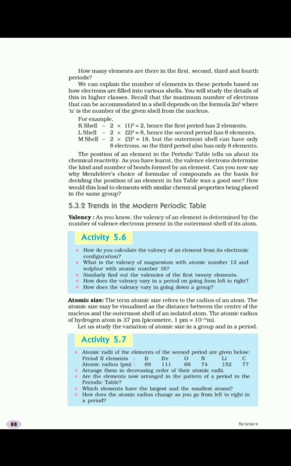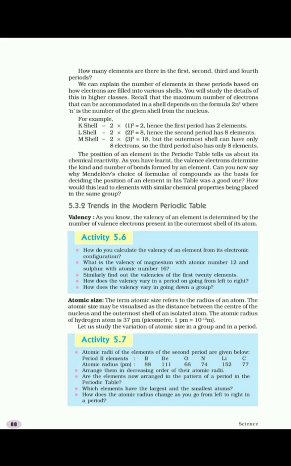M shell has 18 elements according to the formula 2n square. But although the maximum capacity of the third shell is 18, according to the Bohr-Bury rule, the outermost shell can have a maximum of only 8 electrons. So the last shell should contain a maximum of 8 electrons only. So the third period has 8 elements only. So for elements after argon, that is potassium, in the fourth period electrons get added in the fourth shell by following